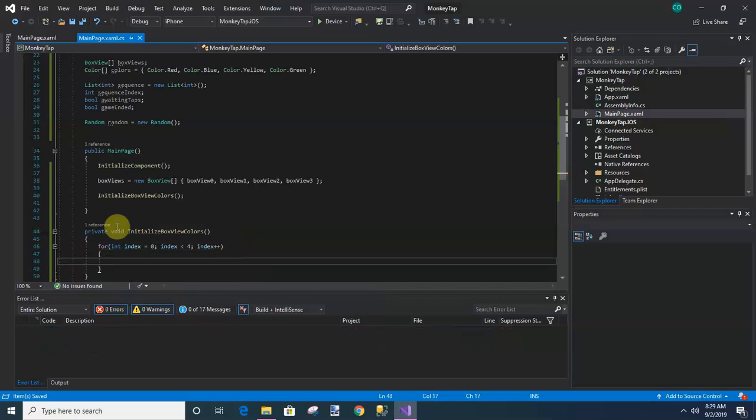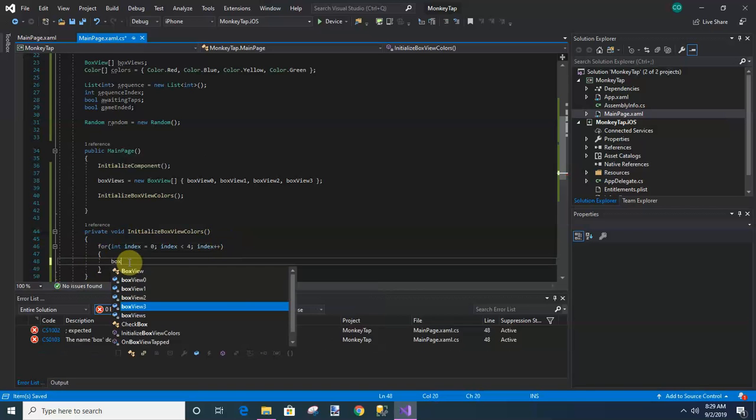And since this is just one line, you do not have to have these curly brackets, but I just think it has fewer problems if it's defined what's in there. So we'll say box views